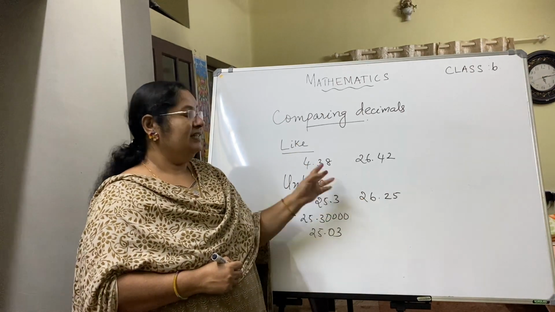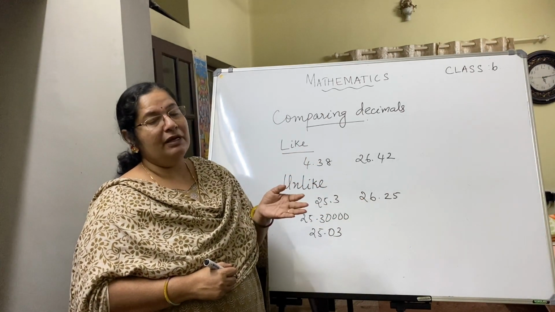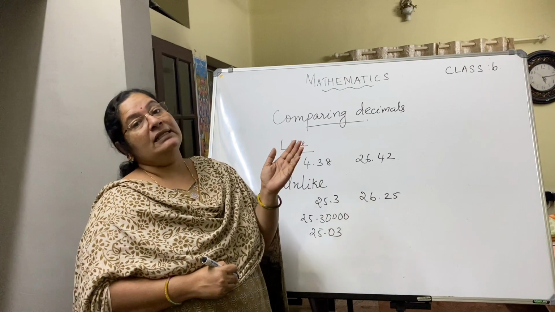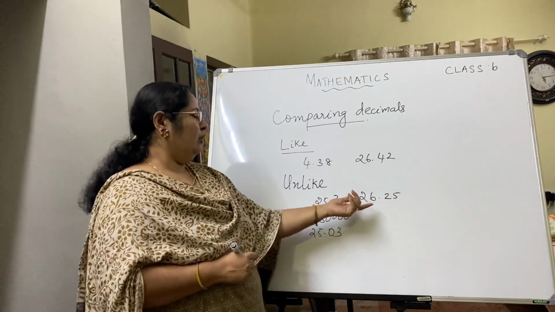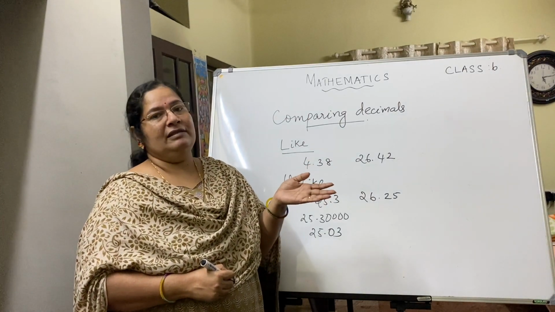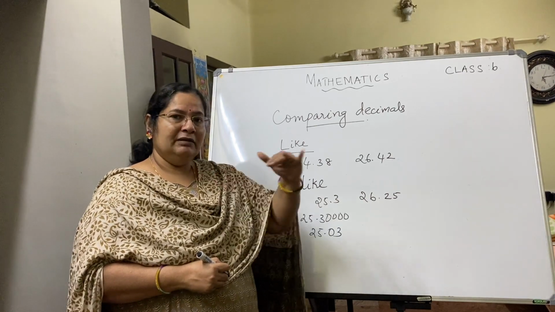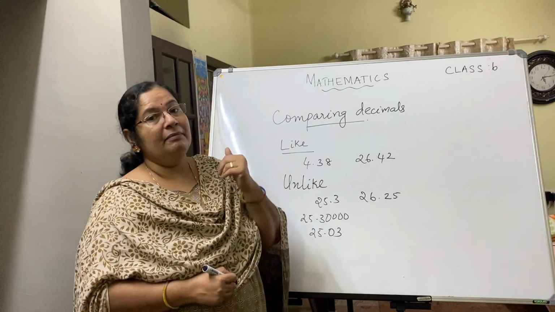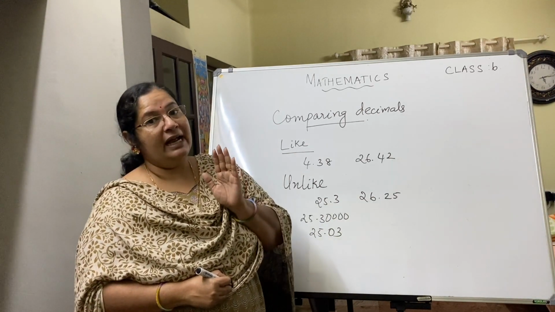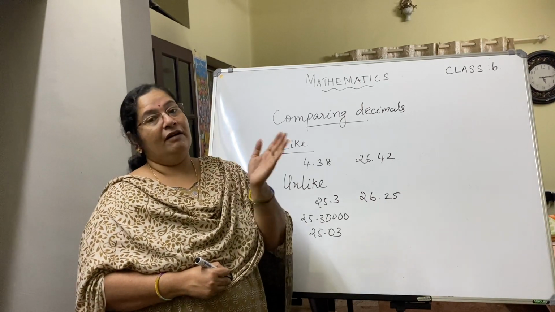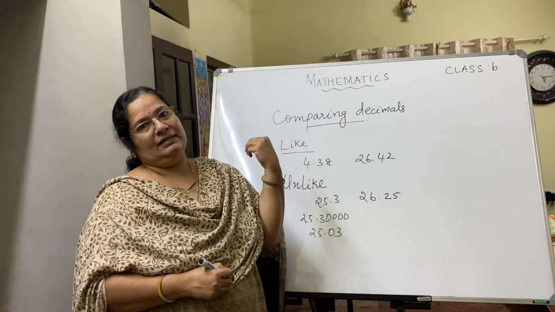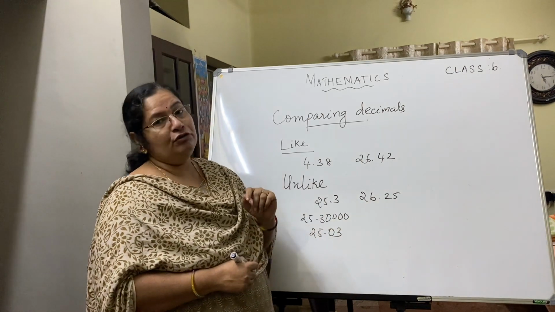So to change unlike decimals to like decimals, you find out which among the given decimals has the maximum number of decimal places. Here we have only 2 decimals given. Sometimes you may be given 4 or 5 decimals and asked to make all of them like decimals. Then what will you do? You find among the list which has the maximum number of decimal places and change all the others to that many decimal places by adding zeros after the decimal places given for the other decimals. So here 25.3, 26.25.